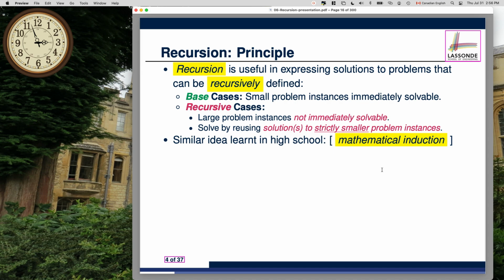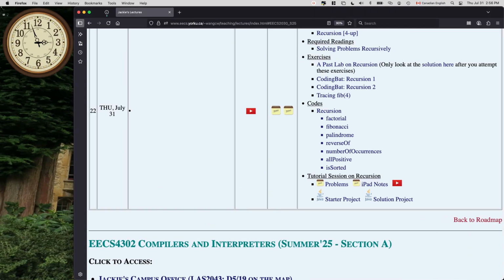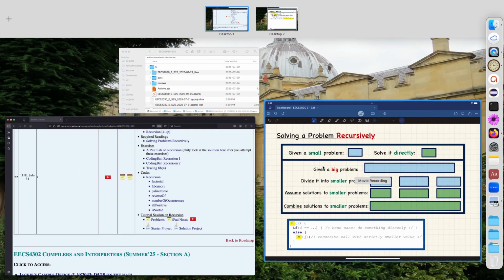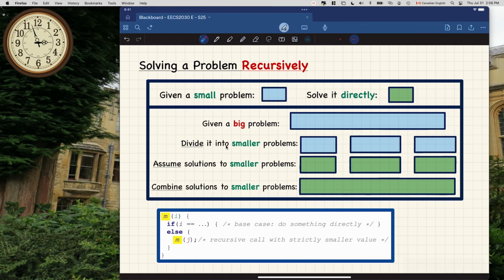Okay. All right, let's now talk about visually how recursion can be understood. Oh, sorry, wrong side. Okay, there we go. For now, I'll just minimize this. Okay, there we go. Okay, for solving problems recursively,